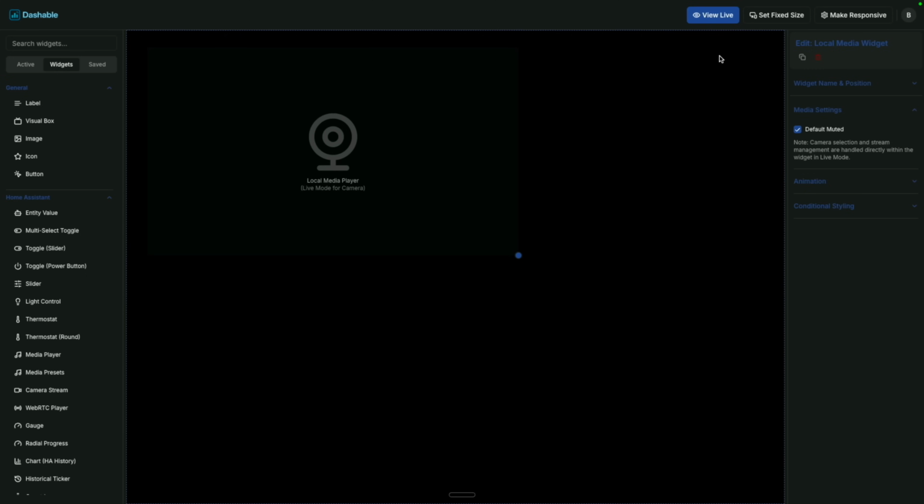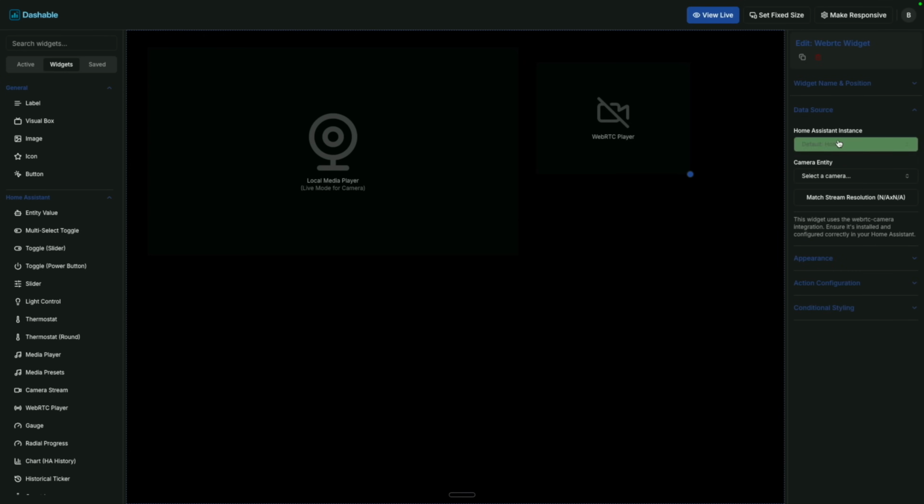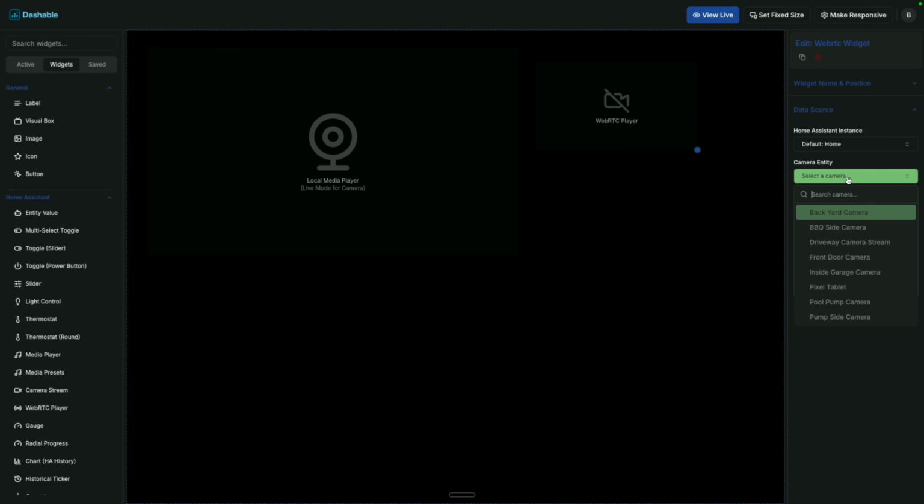Or even imagine using those conditional controls on it to make it get larger or smaller based on, say, the value if the Apple TV is playing or if it's not playing. Now you can also go ahead and drag a WebRTC camera. So I have Ubiquiti cameras set up here. And I can go ahead, let's put that one for the backyard. There